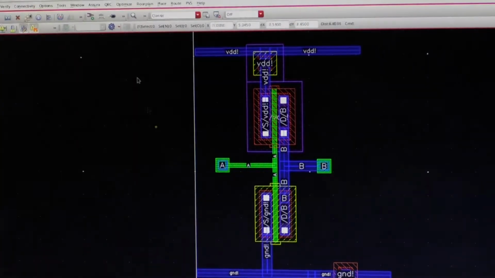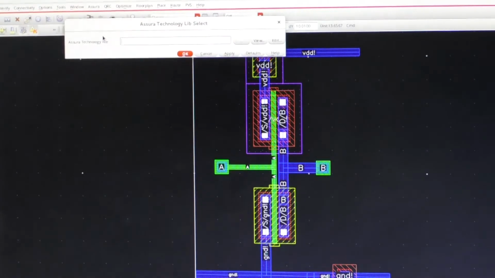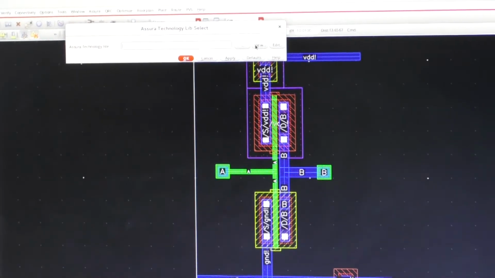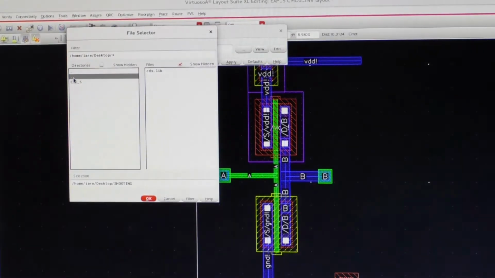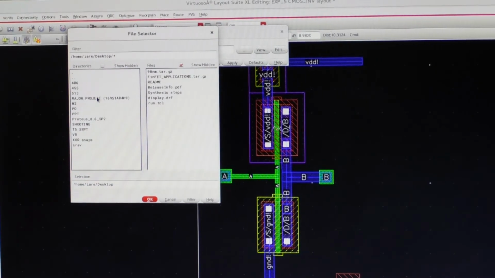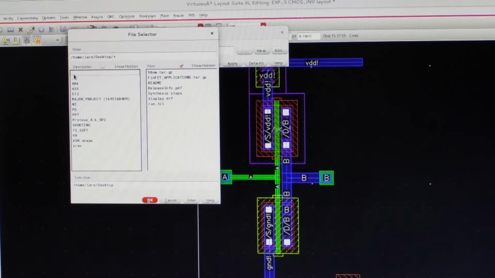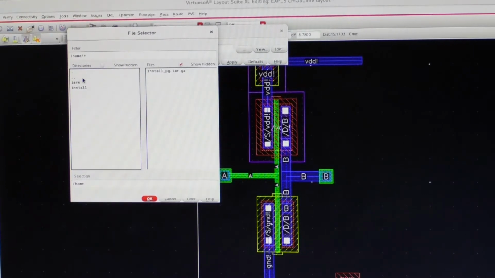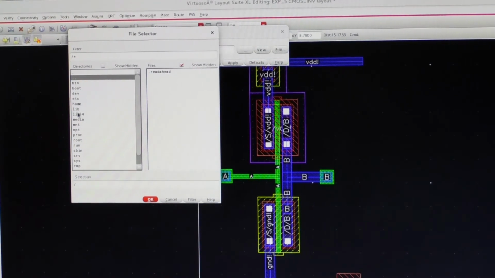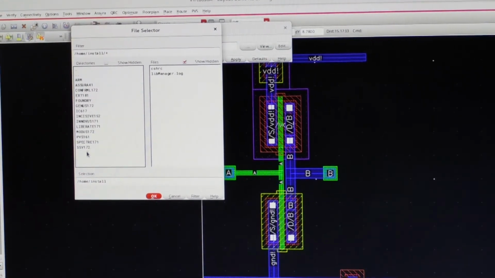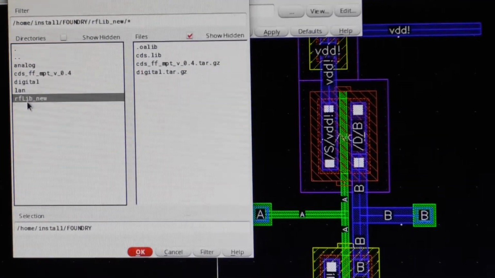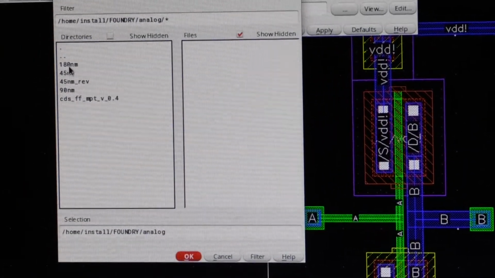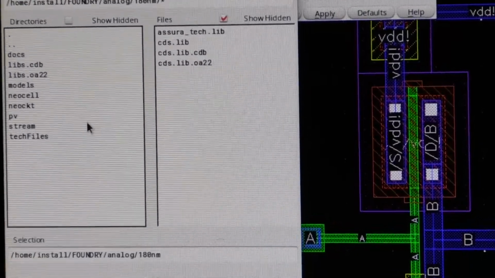The Assura technology path is inside of this GPDK 180 nanometer, and that is what we have to choose.